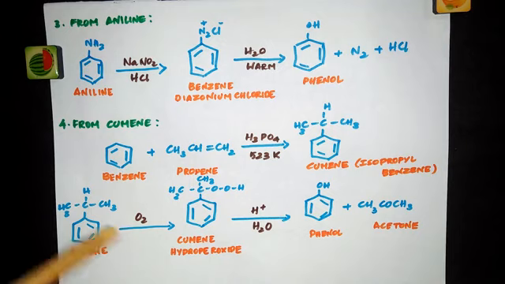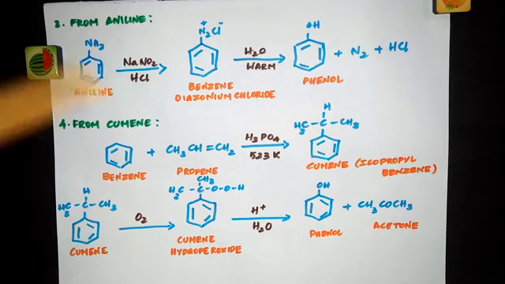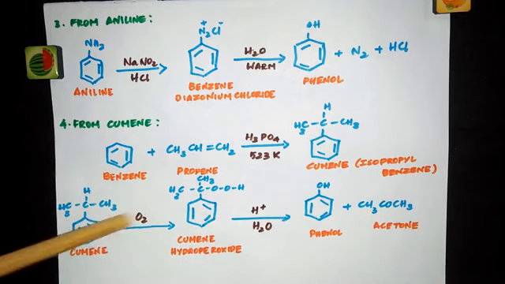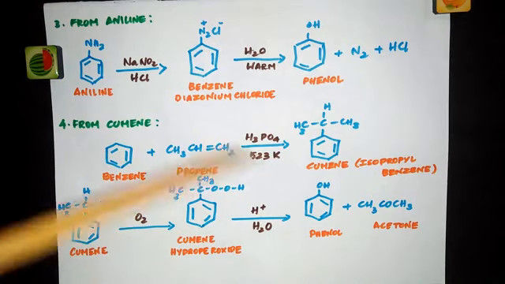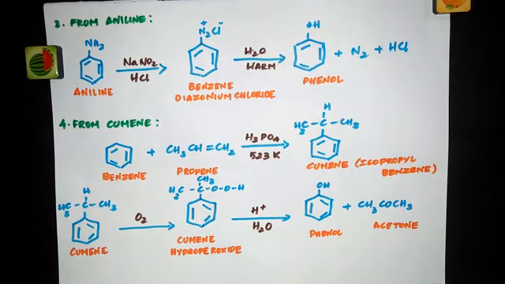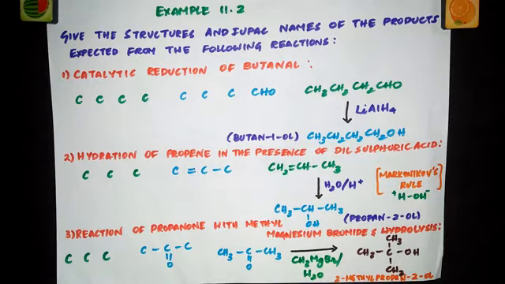See, this acetone, which is the byproduct of this reaction, is also obtained in large quantities. So we can use this method as a preparation method for acetone. But as we are learning about phenol, this is considered a method to prepare phenol. So this is how we prepare phenol from cumene. So far we have seen the preparation of both alcohols and phenols. Now let's try to solve a few equations based on these reactions.